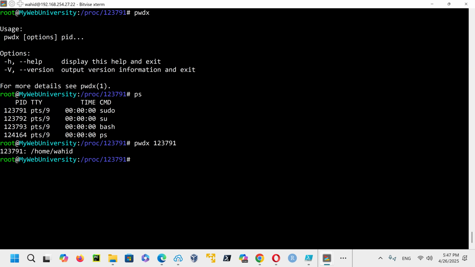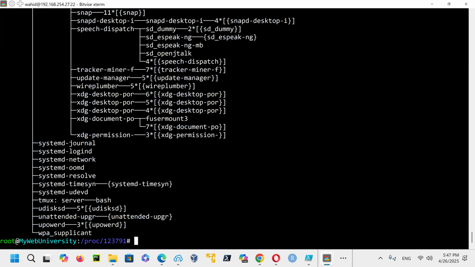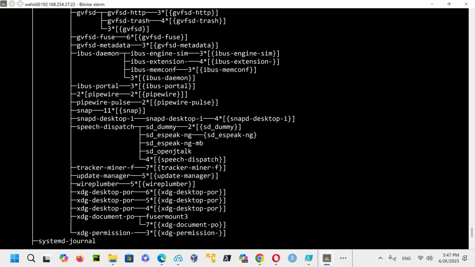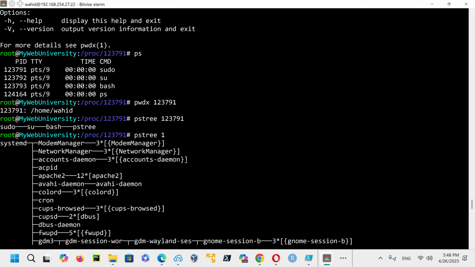It says it is stored there. If I say pstree of that process, that sudo was invoked by sudo, switch user and bash, and then running the pstree command. These are child processes of that one. So pstree of 1 tells you that all the other processes are invoked from systemd related stuff.